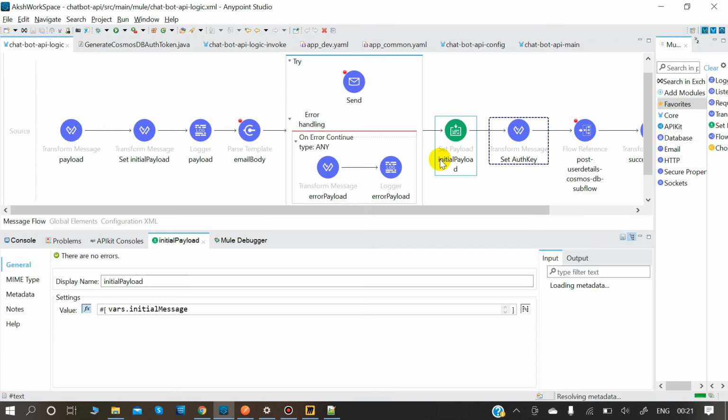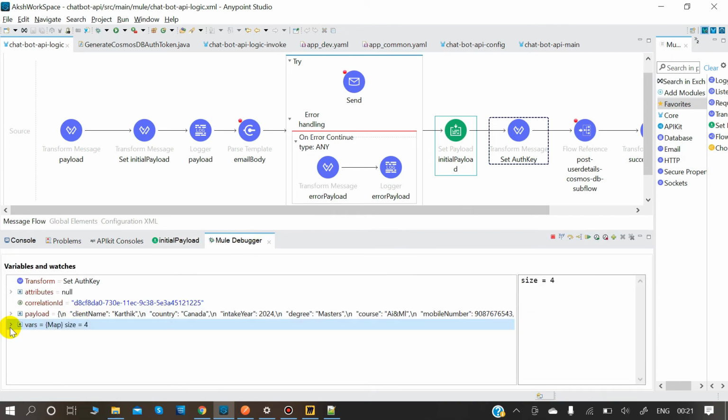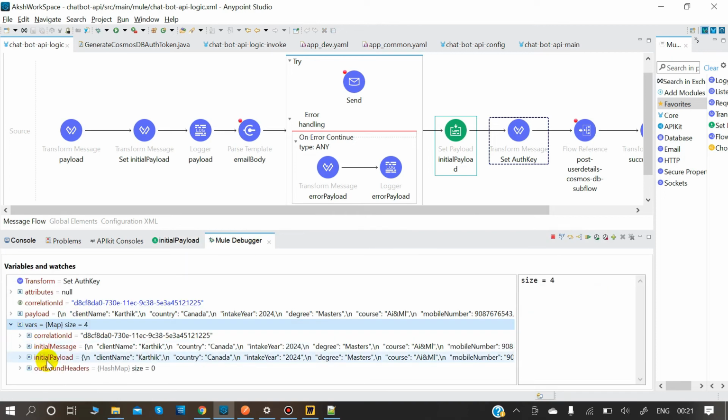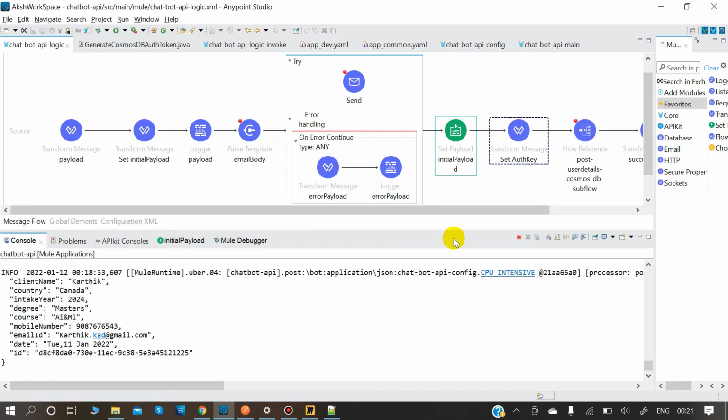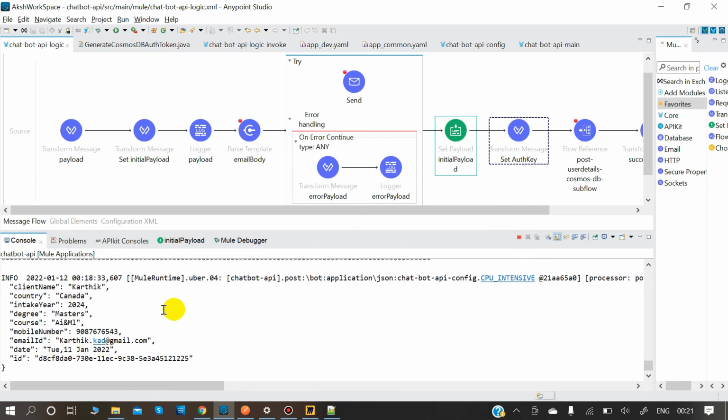In initial payload, it's taking from vars.initial message. So in debugger, if you will see in vars.initial message, we have this, right? So yeah, from there it was able to set that particular payload, and you all can see that we have logged also our payload.